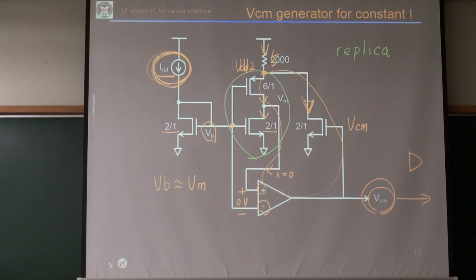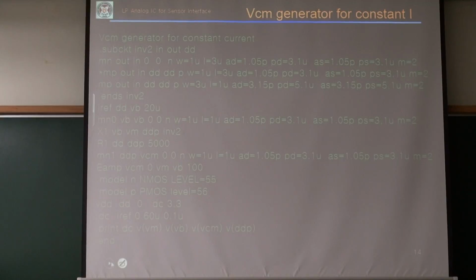Okay. No question. So let's just see. I think we did it already, right? Did we? We simulated this part, no? Let's review then. VCM. Yeah, it's exactly the same circuit. So here, see, we'll sweep this current level from 0 to 60 microamp, and then find all those supply voltage, right? Supply voltage, yeah,